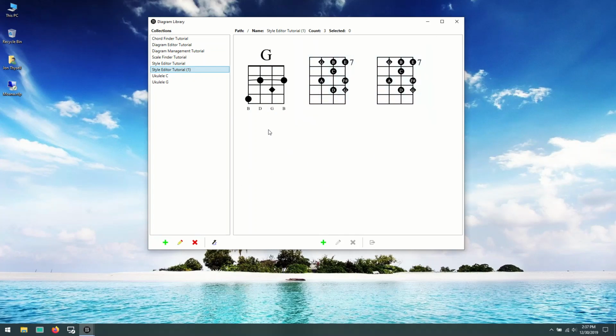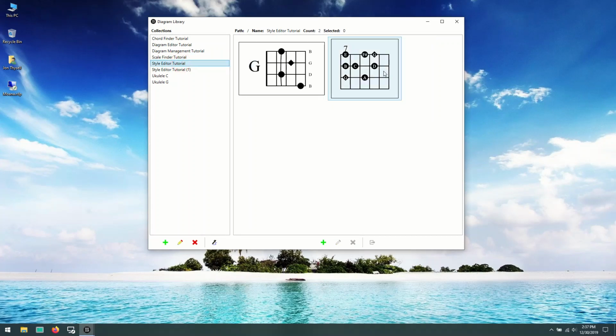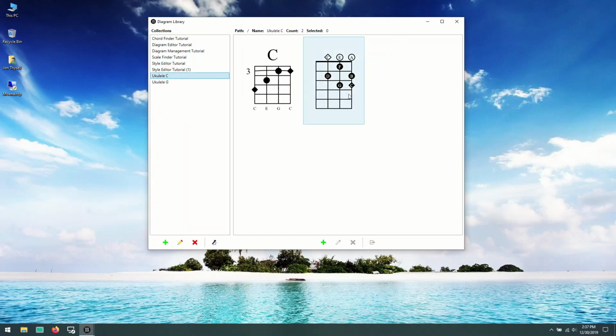Do you want your styles applied at the user level so it always looks that way? Do you want to change it so that it only applies to a particular collection? Or if you want the diagram itself to have the style, by going into the diagram editor, you can say that this diagram will always have that style regardless of where it moves. So if I go ahead and move it back here, you'll see that yes, it does indeed have the style that was applied to this collection. And similarly, I could go to another collection, like say this here,